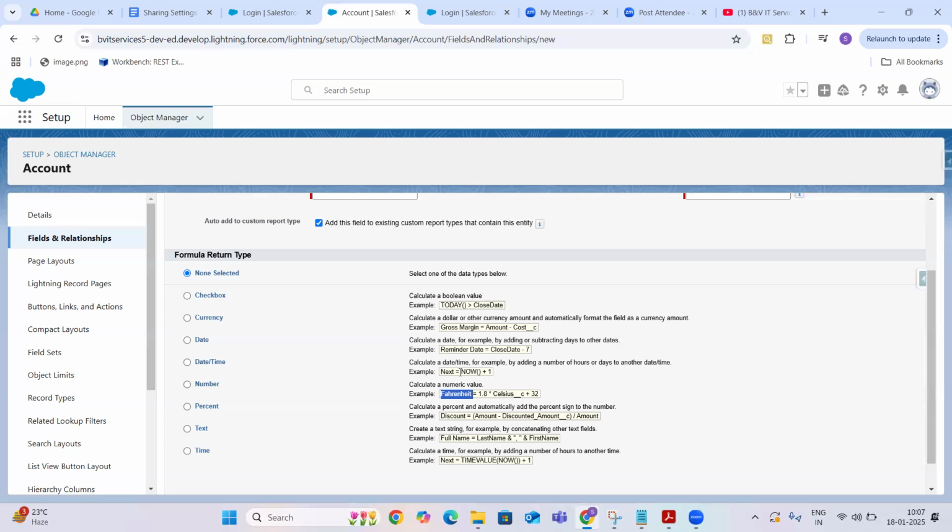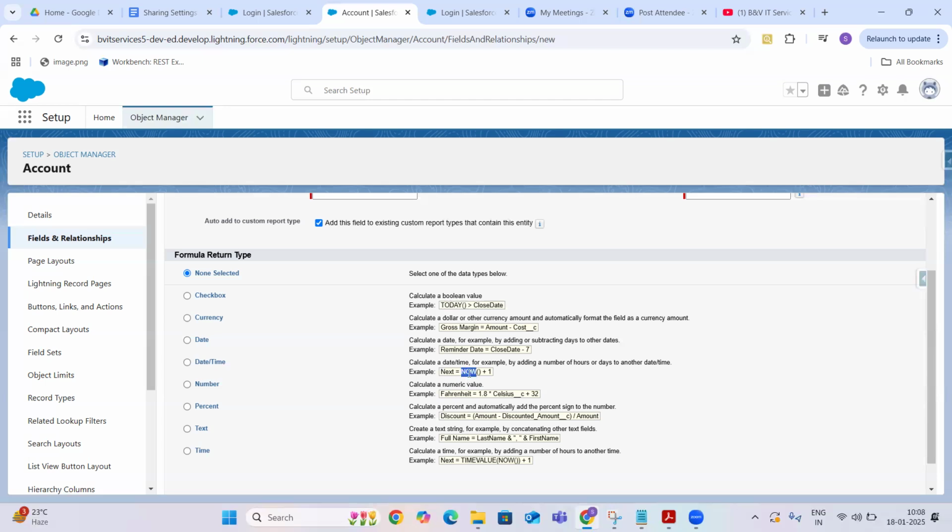This is the formula we are going to write: NOW() + 1. The NOW function will always return the current date time. For example, TODAY always returns the current date, guys. These two we generally use for the date functions.